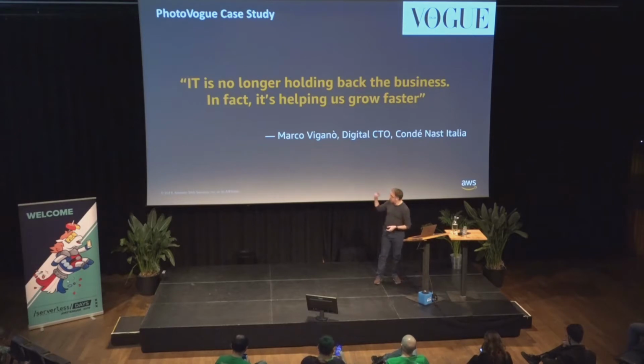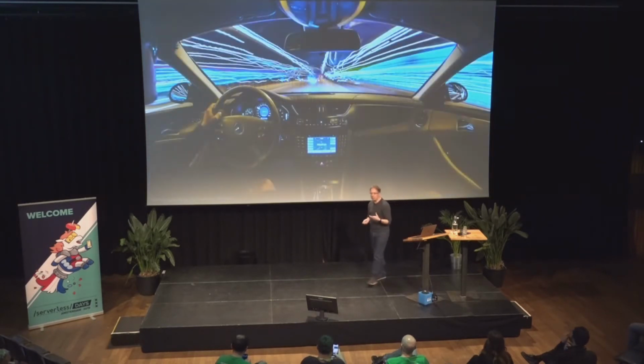And this is, for example, a project that was done by Condé Nast in Italy. They built a photographic website for the Vogue magazine, where photographers can share pictures, and these pictures can be commented and eventually be taken and published on the Vogue magazine by Condé Nast. So serverless is really giving us speed. It's very easy with serverless to take an idea, build a prototype, and have a prototype that is already with some scalability, availability built in. If you don't do big mistakes, also some security built in because you don't need to use lots of credentials.